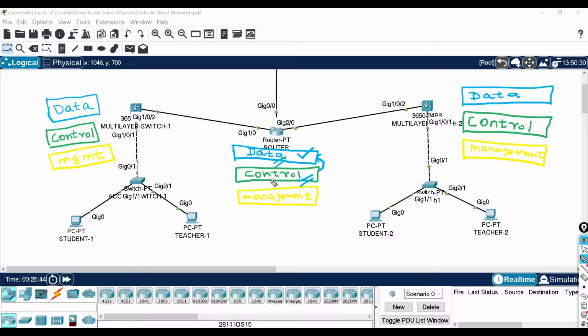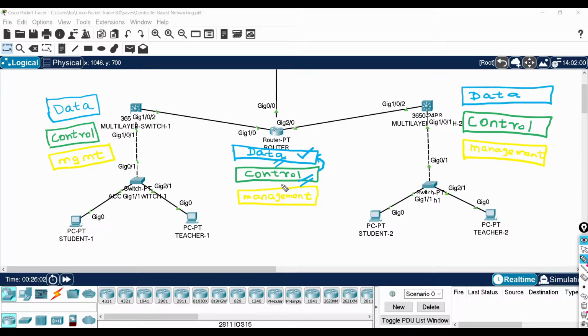Let's take the IP routing table. In order to form the IP routing table, the routes have to be learned by the network devices, and with the help of the control plane only, every network device learns the route information and updates the routes in the routing table.